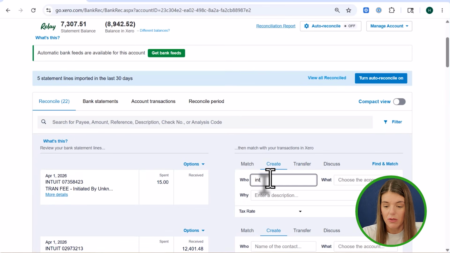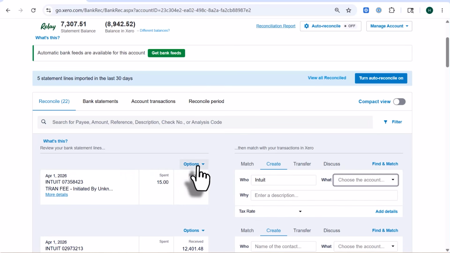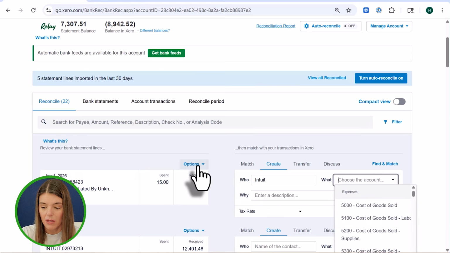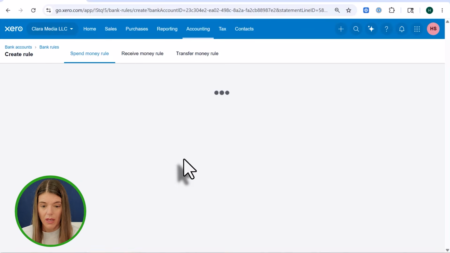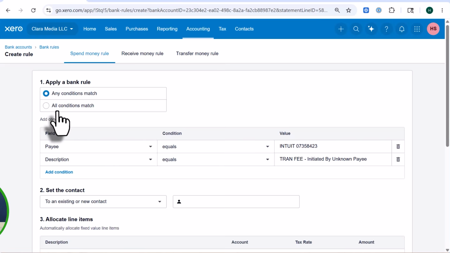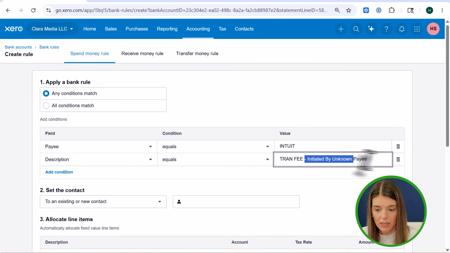So let's see here. Let's go to Intuit. So this is one here that I actually want to create a bank rule for. This is merchant fees, because this happens a lot. If I'm invoicing out of Intuit, they charge me a transaction fee. So I want to create a bank rule, with conditions that match the payee equals Intuit. I'm going to take out this number at the end because it is probably going to change every single time. And then if the description equals this,